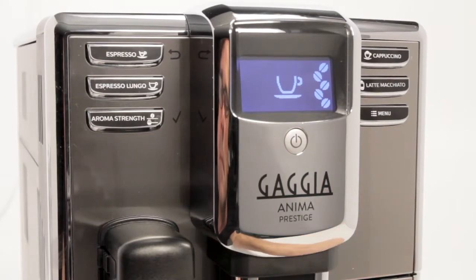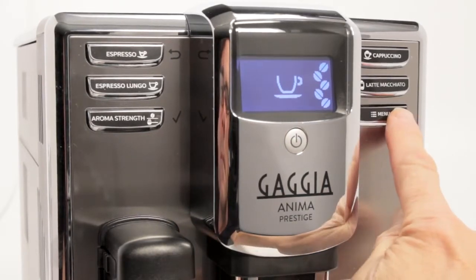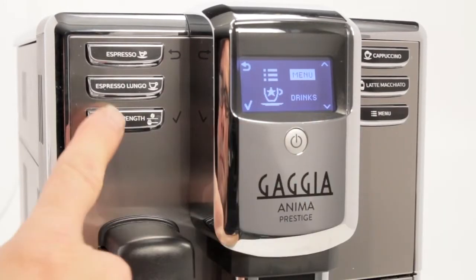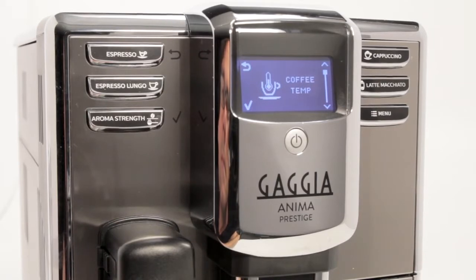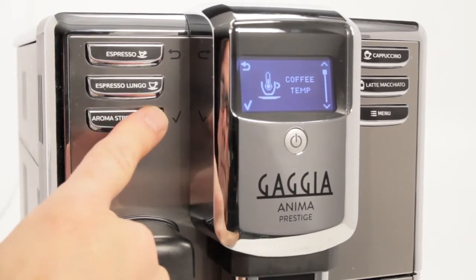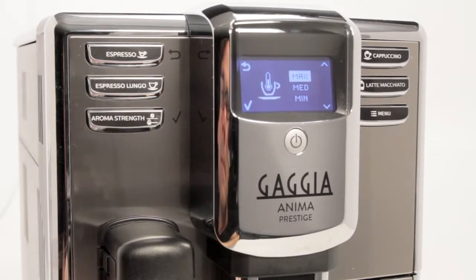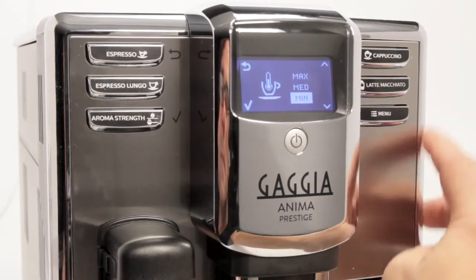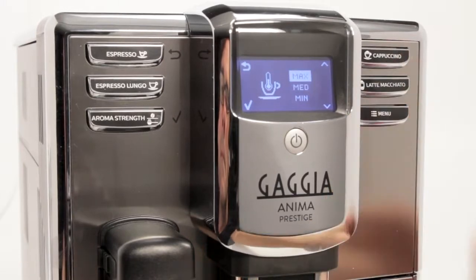Coffee temperature is selectable in 3 levels and is set in the menu. Press the menu button to access the menu. Then press the check button to enter the menu. Press the check button again to access the coffee temperature setting. To adjust temperature, use the up and down arrow keys, which are the cappuccino button and menu button, to set